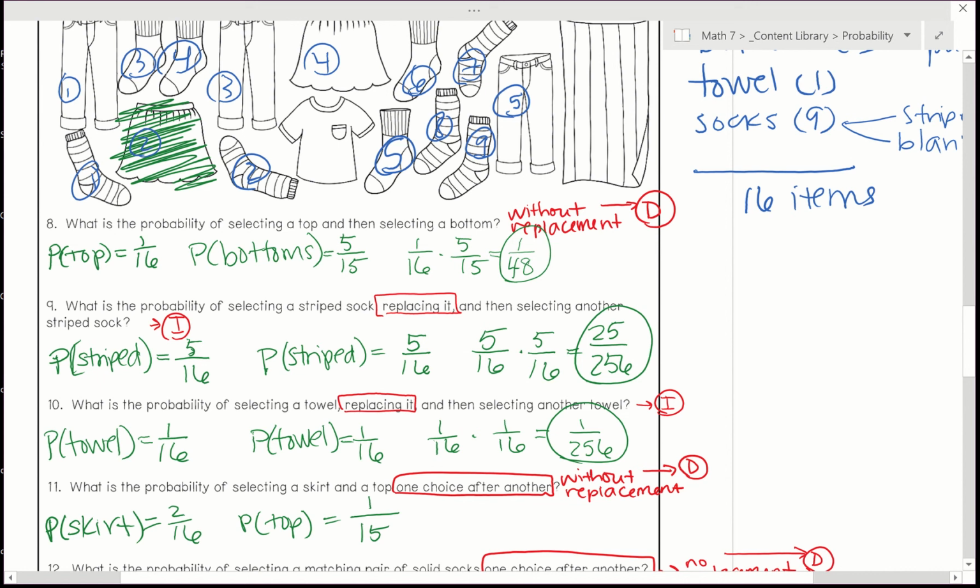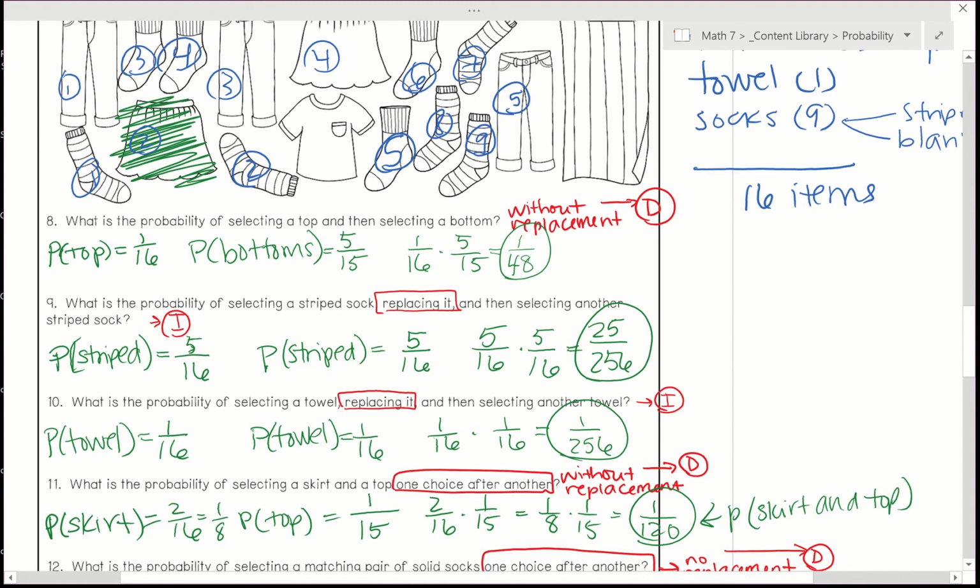So now, remember, it's and, because I want to pick both. And so we'll have 2/16 times 1/15, which, by the way, this can be reduced. We can get 1/8 here, right? And so we'll have really 1/8 times 1/15. That should be 1/120. Okay, that's our probability of a skirt and a top